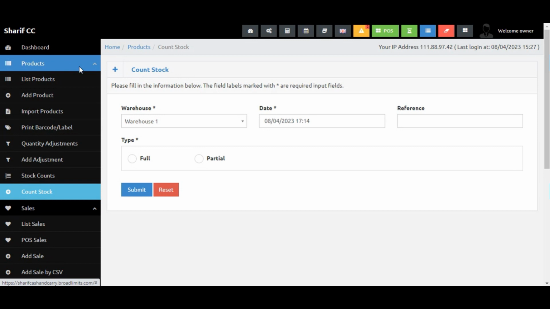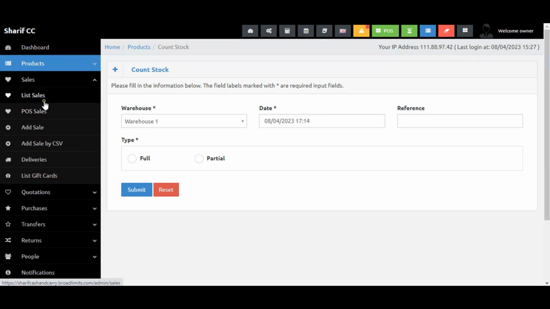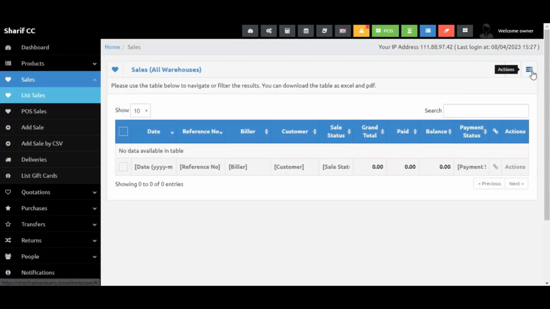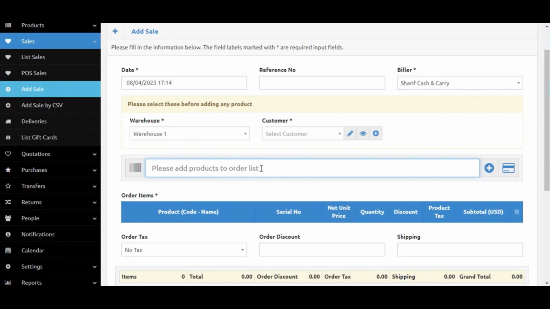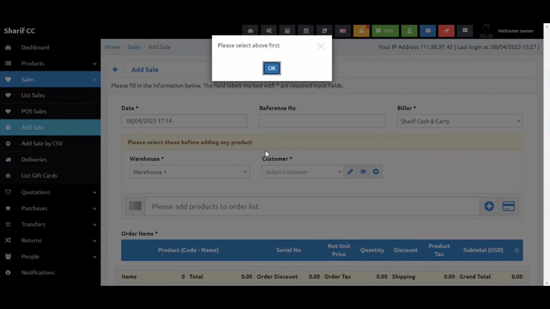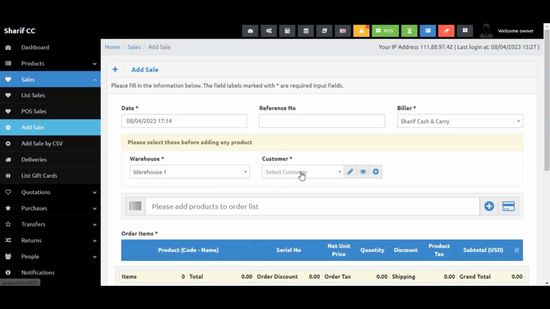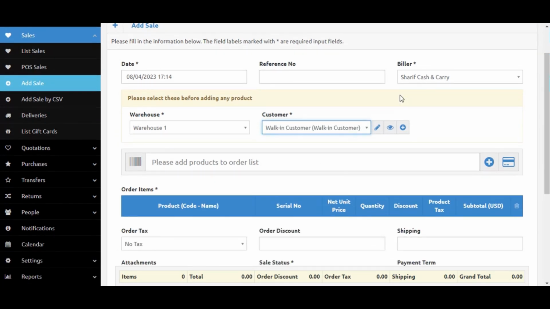Okay, now the second thing, we will go to sales. Sales, first is list sales. List sales means those sales that you can create from here. Okay, like you will enter it manually from this, like this product sale. Above, basically it's telling you to add the customer, select the customer here. Biller is